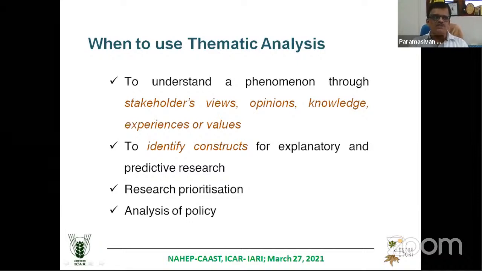Sometimes I will suggest that in the baseline survey, you please put some open-ended questions, and you focus on some of the qualitative impact, something which is more related to the psychological and sociological aspects. There in the baseline survey itself, it will help you to create some kind of impact indicator at the beginning itself, so that you can verify it at the end.